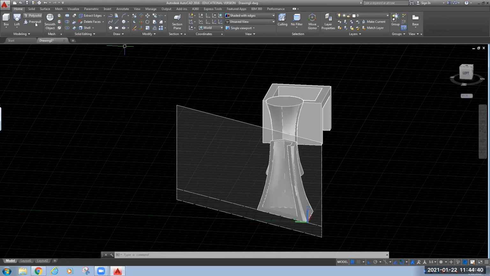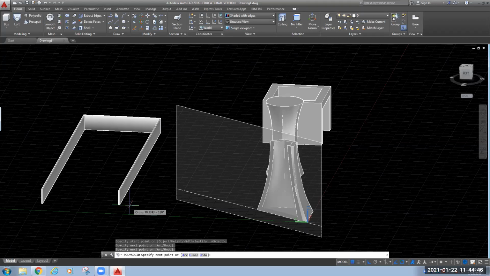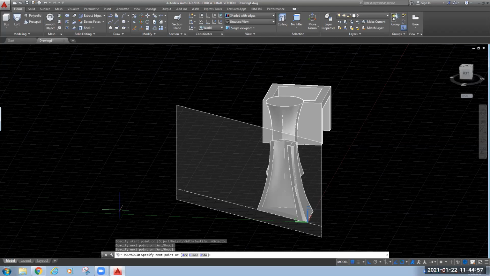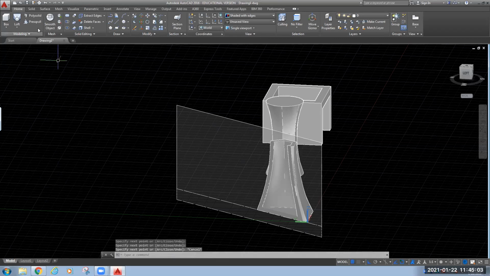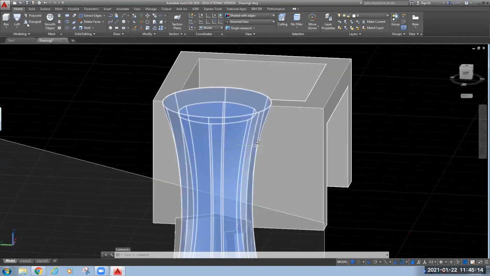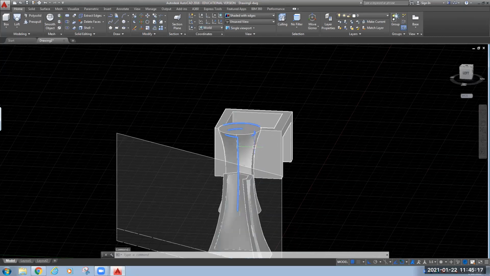Polysolid, I have told you earlier, it is like your polyline, but the only thing is it will give you in 3-dimensional. So suppose you are going to draw any civil drawing, or any house plan. To define any boundary, you can use this polysolid. This press pull is to pull any surface. Suppose you have any surface, take the example of this one only. If you want to pull any already built surface, you can pull it using this command, press pull.